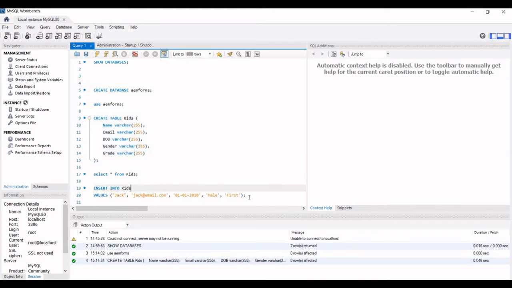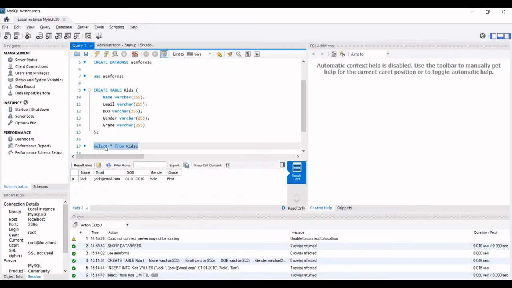Now let's insert one entry as well. Yes, our entry is there.